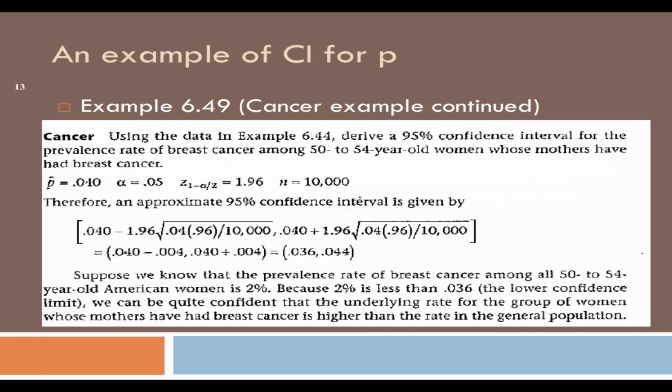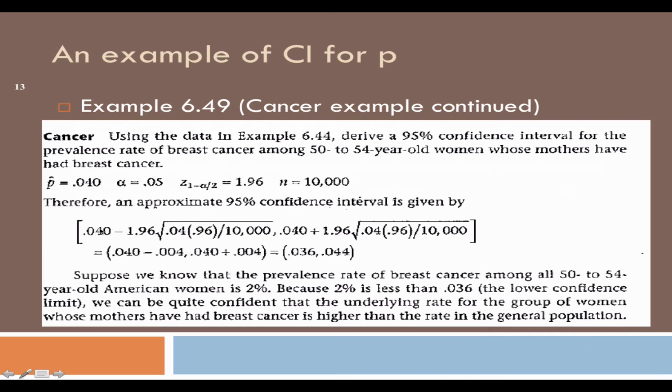Okay, so going back to that cancer example, we got p hat equals 0.04. And the next step that we want to get is what is the 95% confidence interval for P, the population prevalence. So you can plug in those numbers. You got